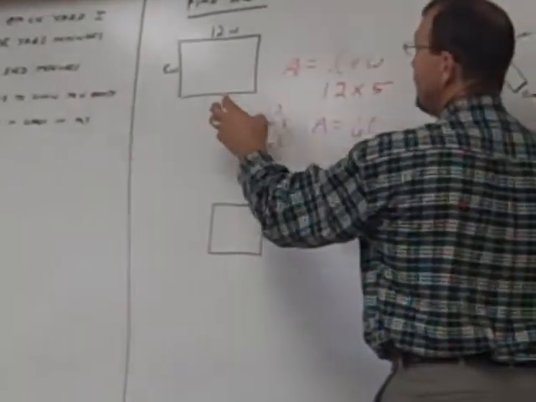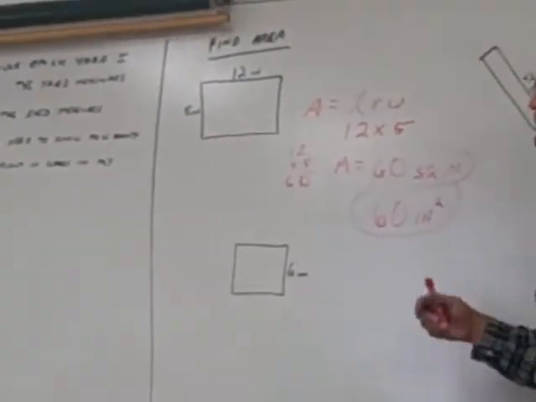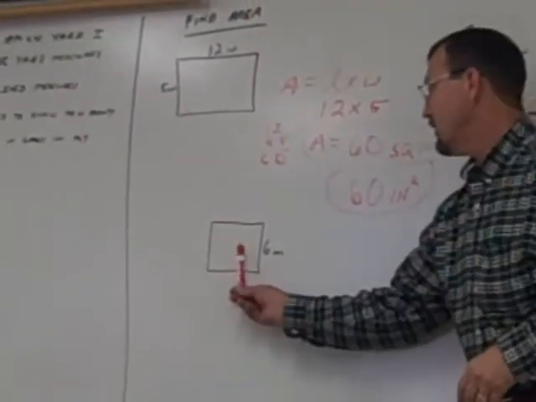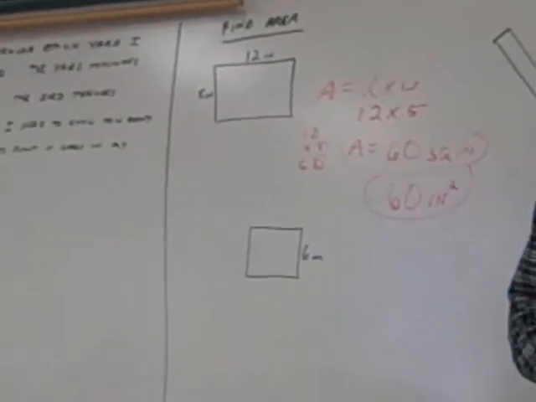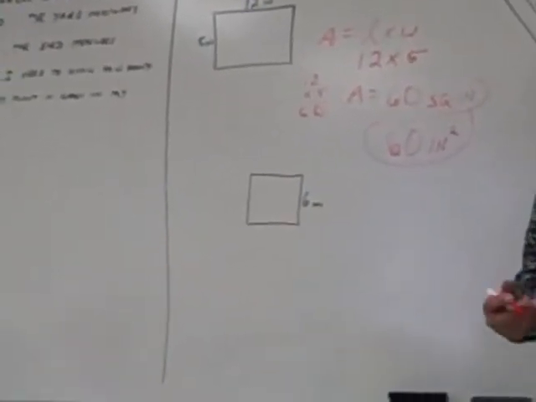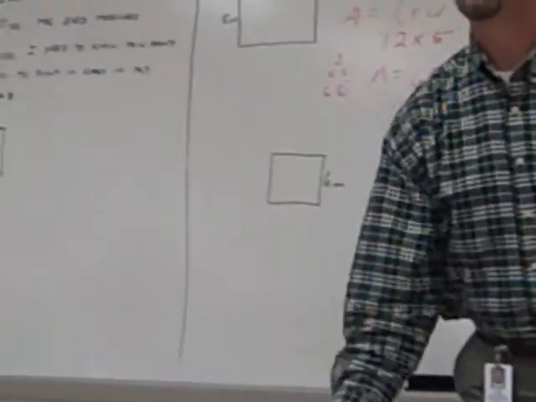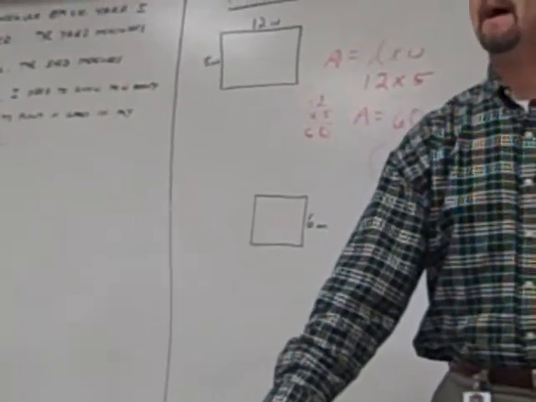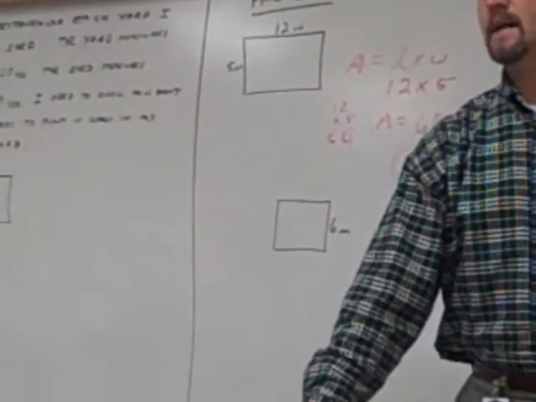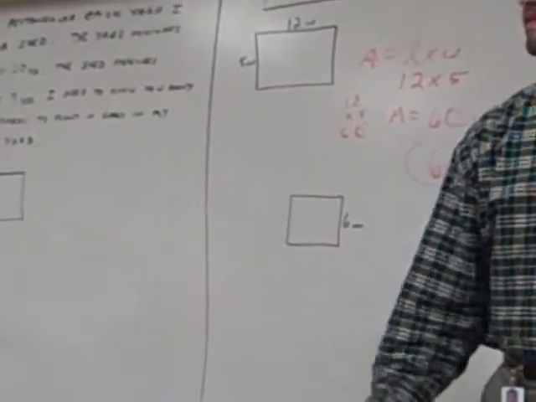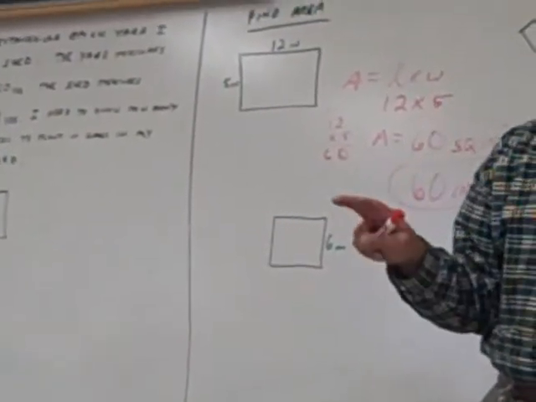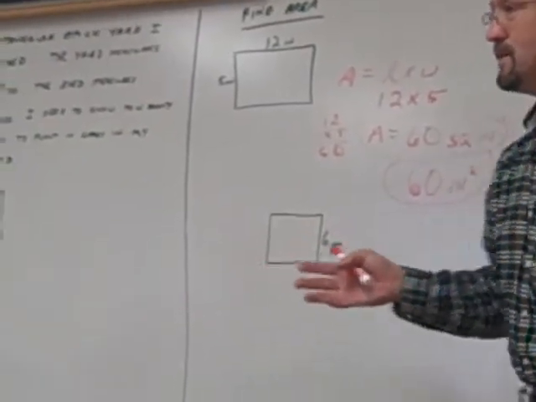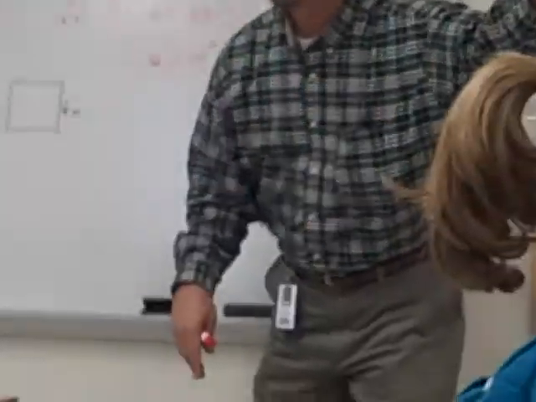Finished finding the area of this rectangle. Length times width, okay? What does this imply it is? A square. Now if we look on our chart for square, it has A equals S to the second power. That's kind of confusing. We remember second power meant there's two of those things being multiplied, right, Presley? Right, there's two of those things being multiplied. Well, why don't we just remember that a square is a equal size